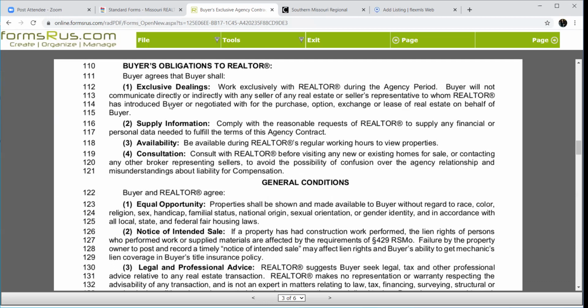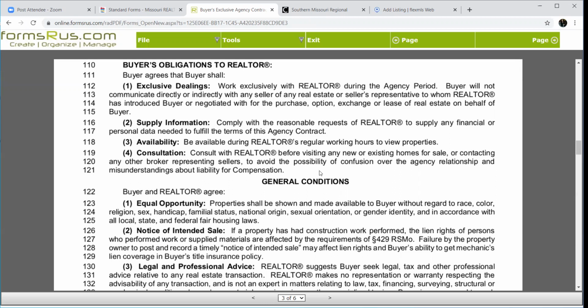And 1 and 4 here are very similar to me. It's just another case of everything goes through me. Don't go look at houses without me. If you go to open houses, great. Let me know what you went to see, because I'd like to call that agent and find out more about that property, especially if you really liked it, okay?